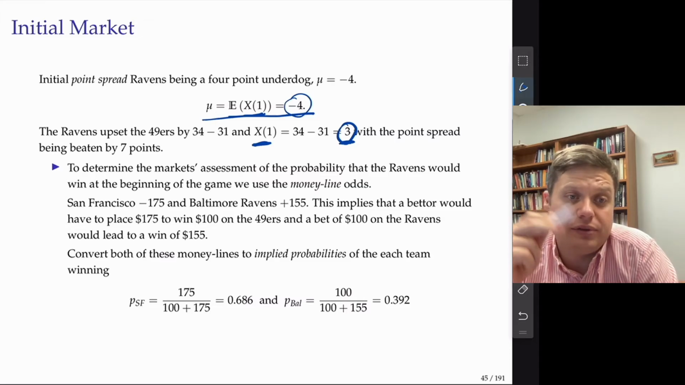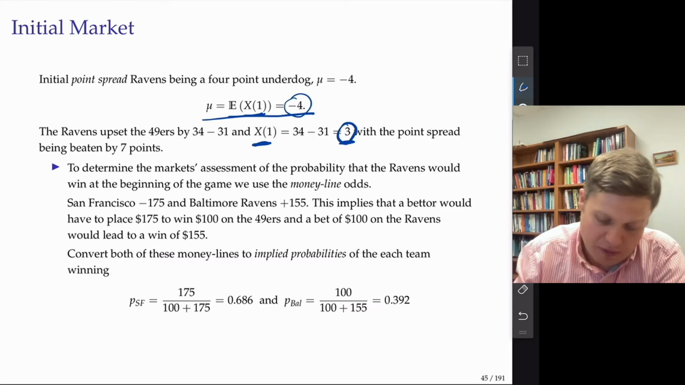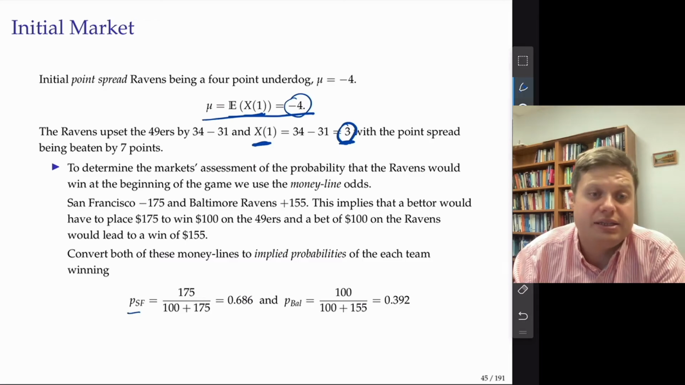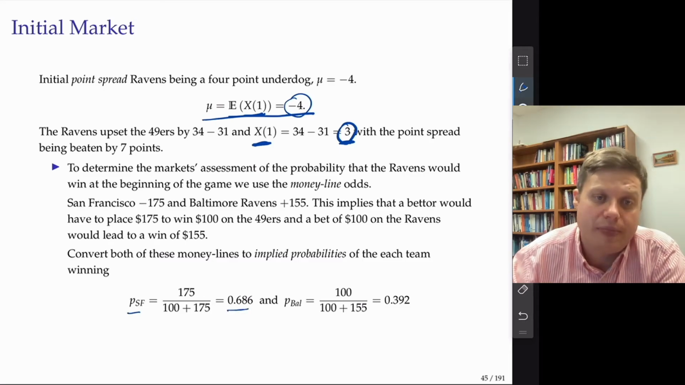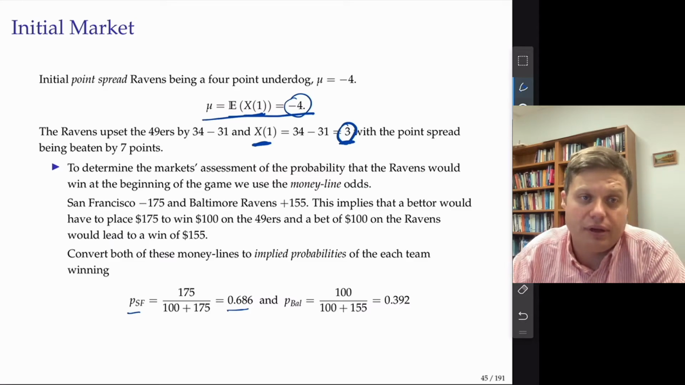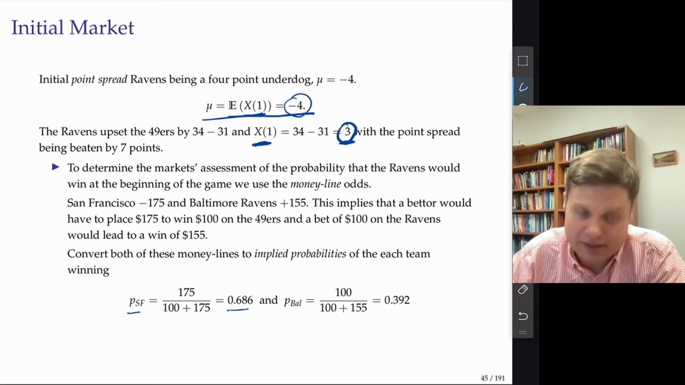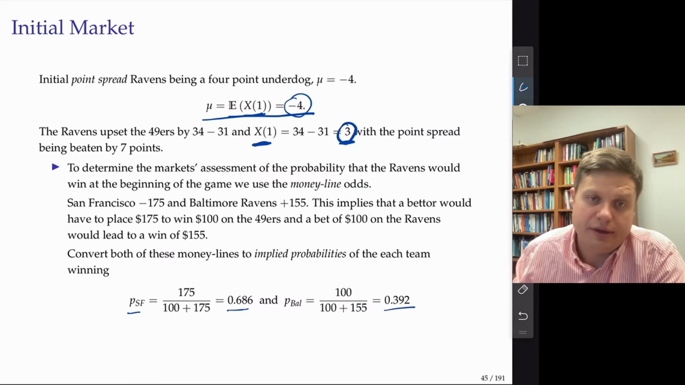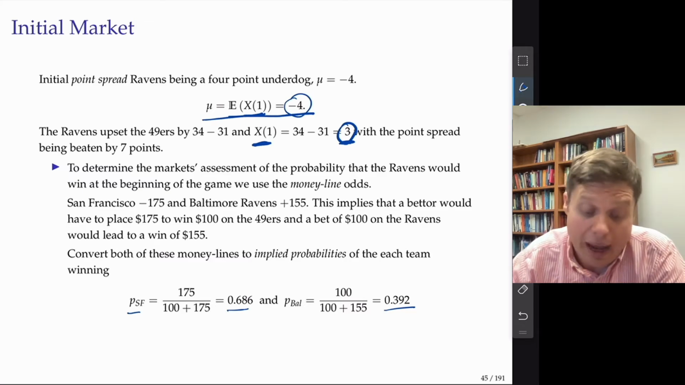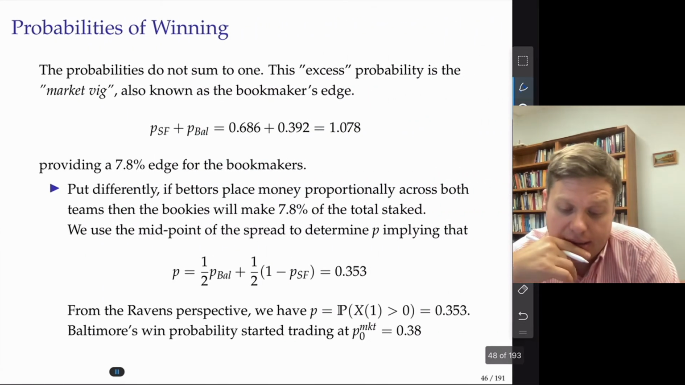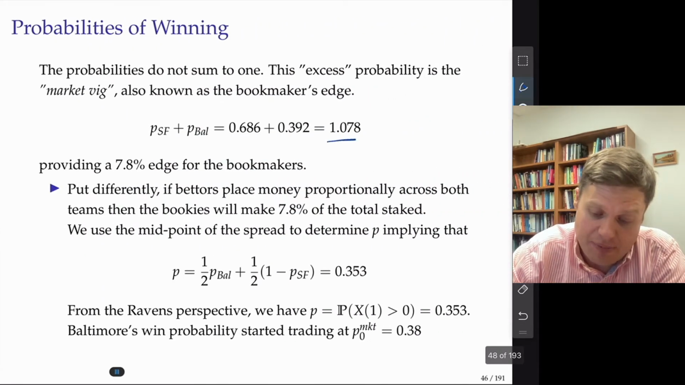Now we can convert both of these money lines to implied probabilities of winning. Probability of San Francisco winning is 175 divided by 100 plus 175, so 68%. And probability of Baltimore Ravens winning is 100 divided by 100 plus 155, which is 0.39, roughly 0.4. And as you see, they do not sum up to 100. And actually, if you sum them up, you get this